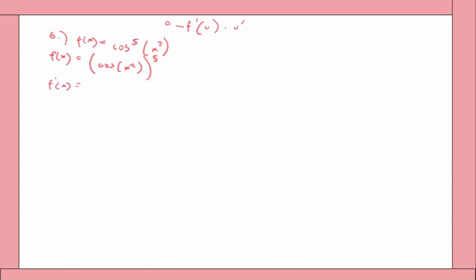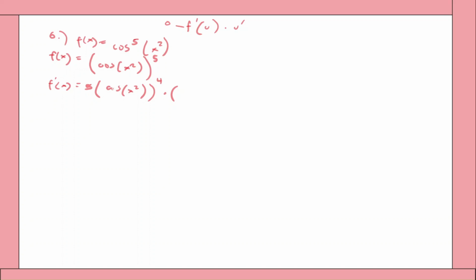So, just like before, we start with the power. We bring the 5 down, so 5, and it's multiplying by everything. The inside just stays the same, so the cosine of x squared is the same, and we just decrease the power to the 4th. Then we're going to multiply it by